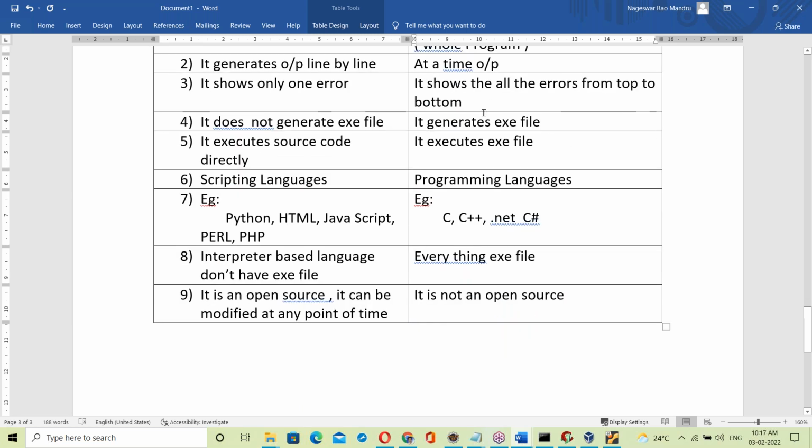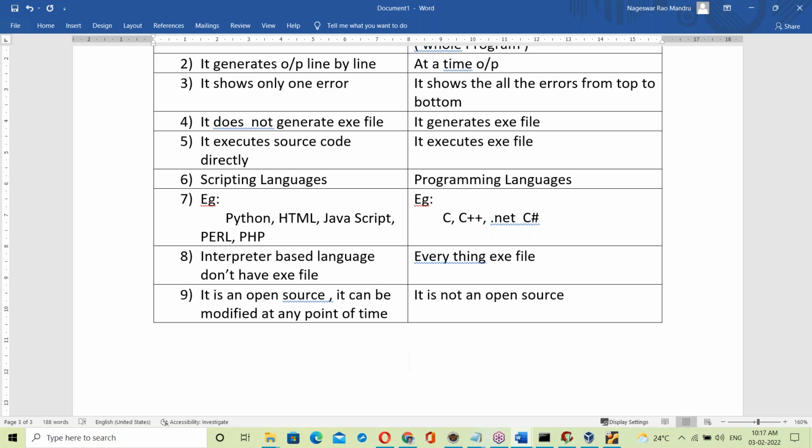Now here you may have some doubt too. This trainer, MN Rao, is explaining about compiler, interpreter, C, C++, various kinds of things. But he's not talking about Java. He's talking about all the other things. Why is he not talking about Java? Maybe you are getting this doubt here.